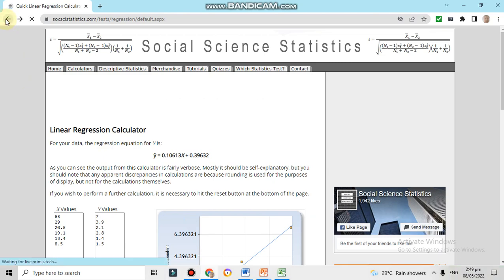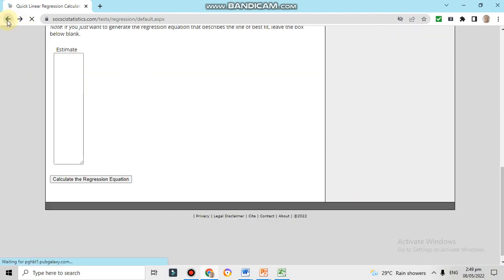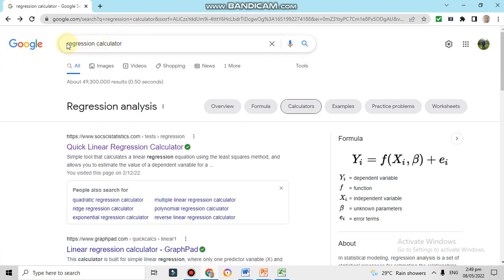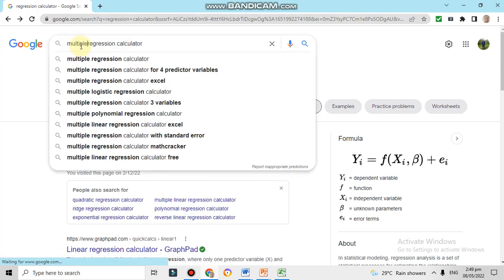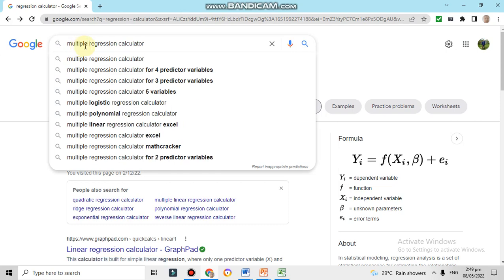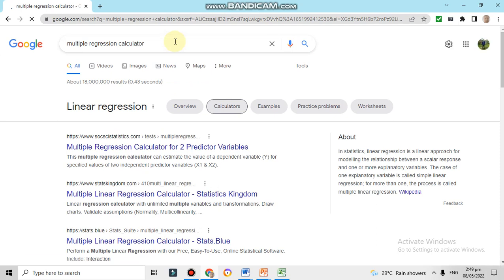Okay, we can encode multiple regression calculator. Okay, enter. Okay, you can click this one, double left click,